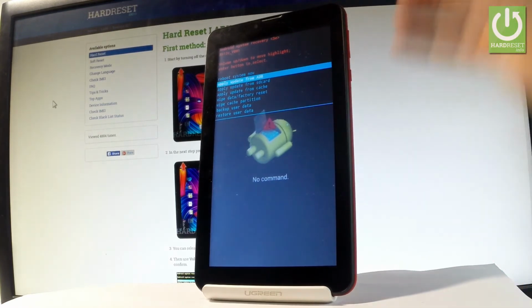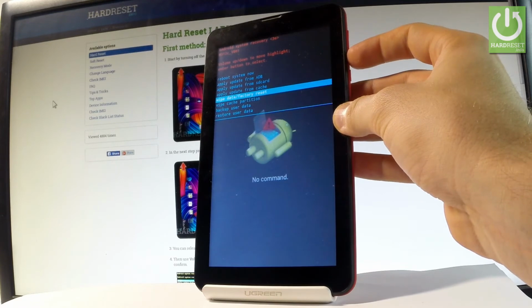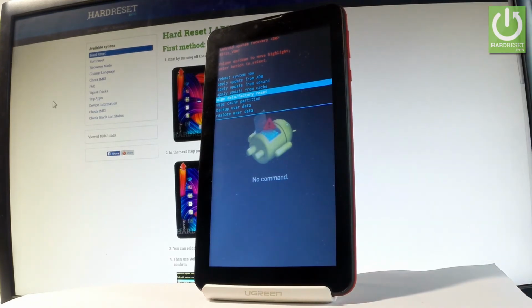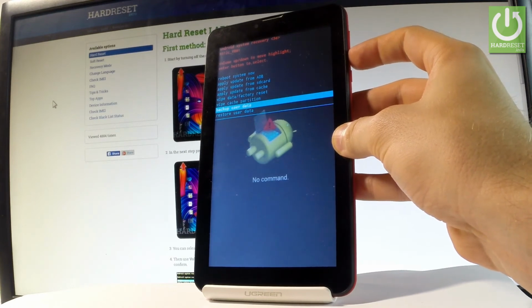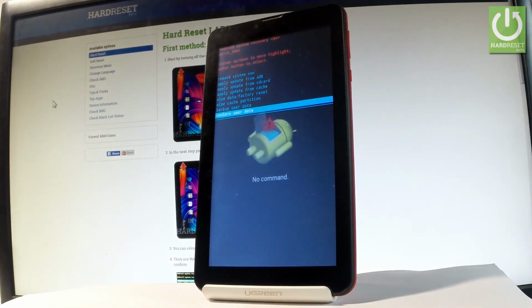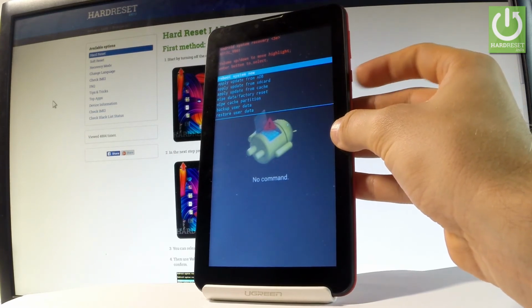You can apply update from ADB right here. You may also try to update from SD card and from cache. You can accomplish a hard reset by choosing wipe data factory reset. You can wipe cache partition, backup user data, or restore user data. If you would like to quit this mode, let's choose the first option, reboot system now, and press the power key